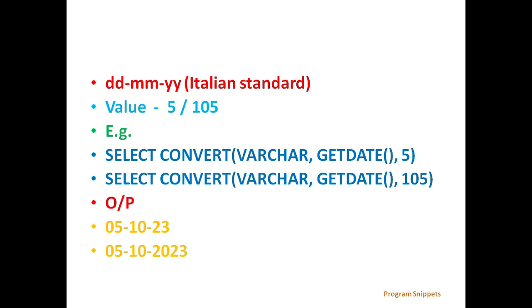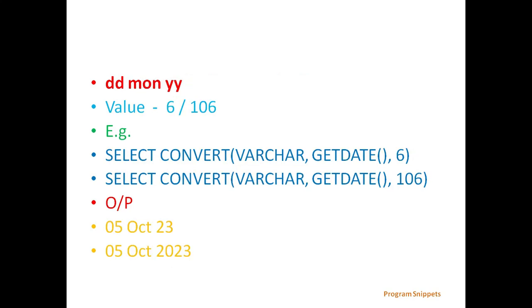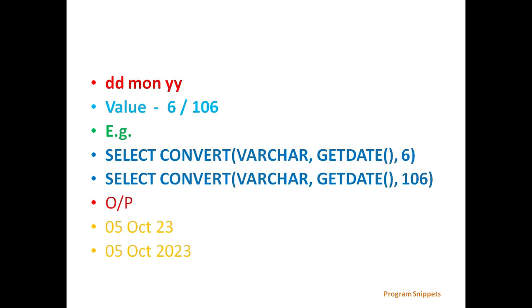05-10-23 or 05-10-2023. That is, if we give the value 5, it will display here in YY format, and if we give the value 105, it will display here in YYYY format. Next is DD month YY format. For this, use the value 6 or 106. For example, select convert varchar getDate, 6 or select convert varchar getDate, 106 will give the output 5 October 23